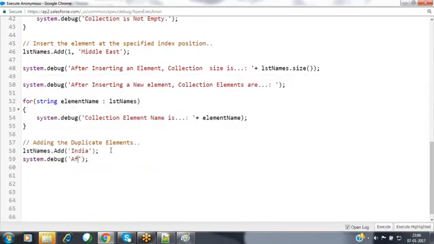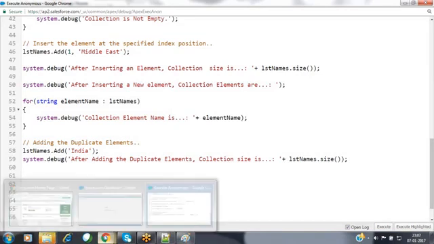Now I want to show that here. After adding the duplicate elements, collection size is. I'm displaying the collection size once the duplicate element has been added. Now click on execute and let's verify.